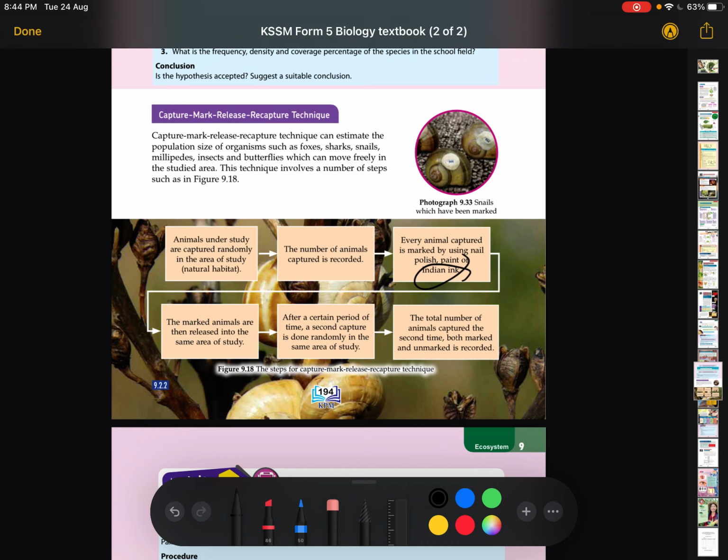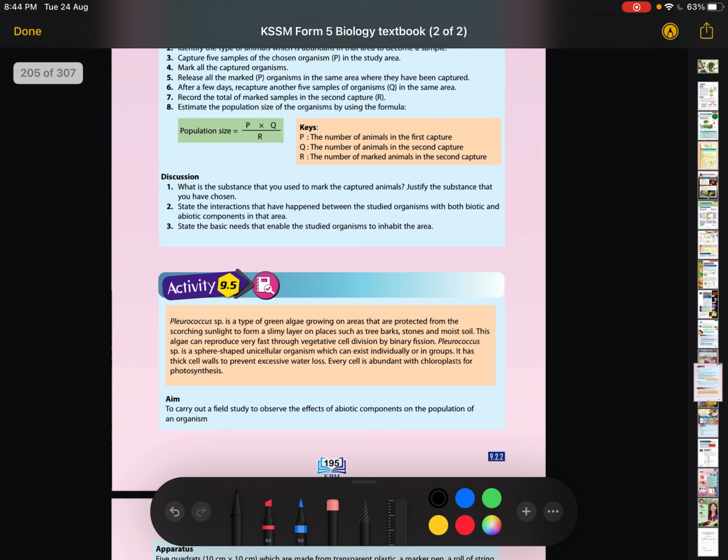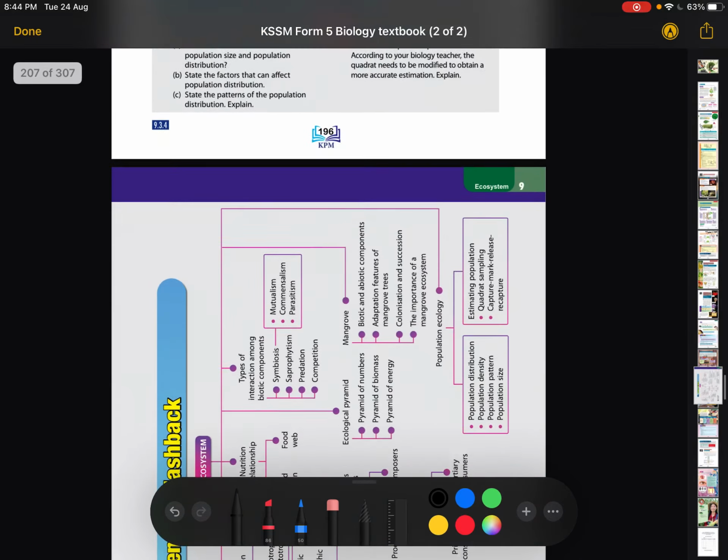So after you mark them, you let them back into the wild, wait a few days or a certain amount of time, and then capture another amount of organisms. Like maybe capture 20 first, and then you capture 20 again. And then you see how many you captured, and how many of them were marked. And then you use a formula to find the total amount. So it is number of first